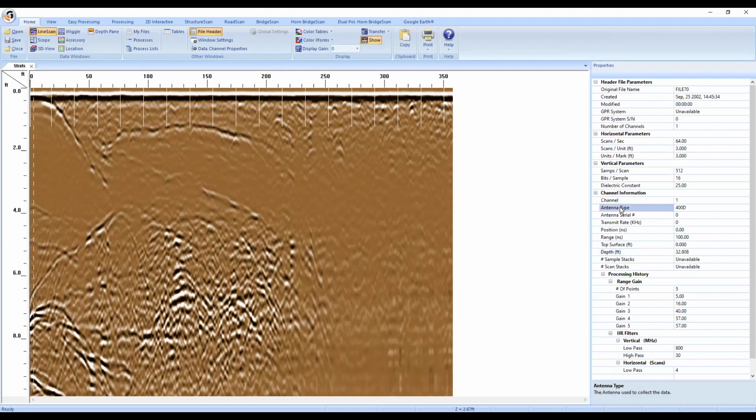And that the antenna type is currently set to 400D, which is a very old model number for a 400 megahertz antenna. A lot of the other information in here is zeroed out because it has an older file header that doesn't have quite as much information in it as our newer systems have. If you're opening very recent data, you'll also see your serial number, the antenna serial number, and a whole bunch